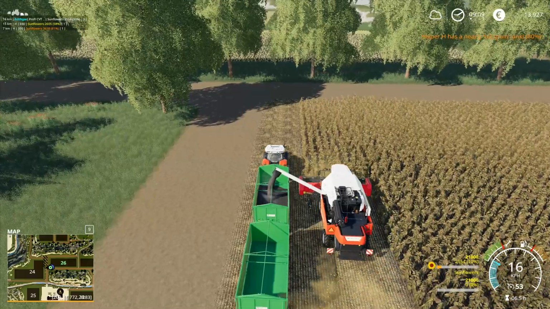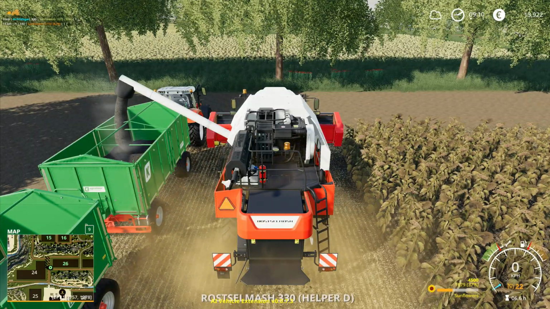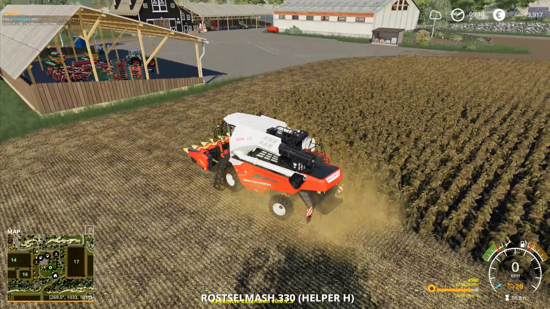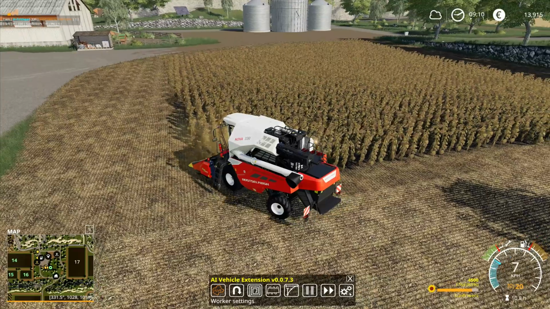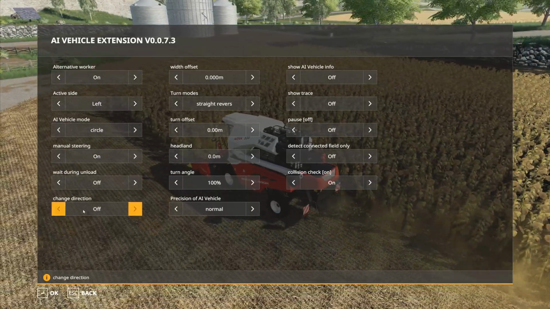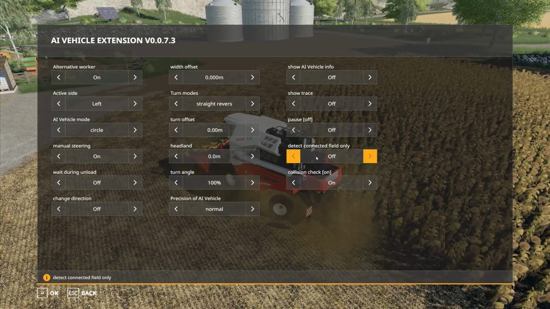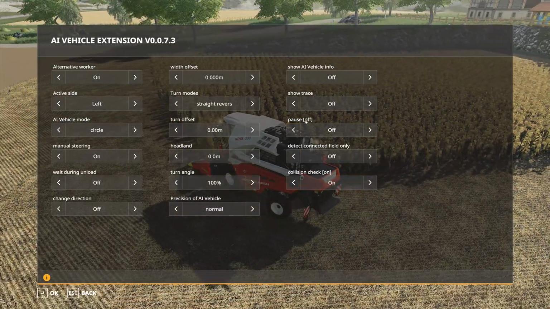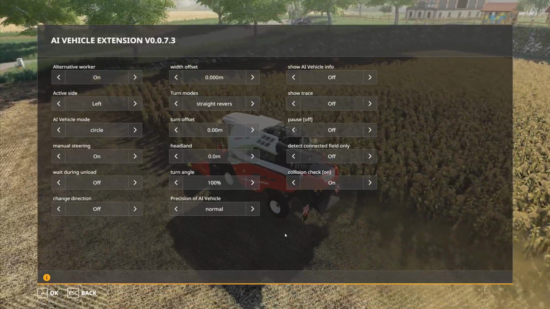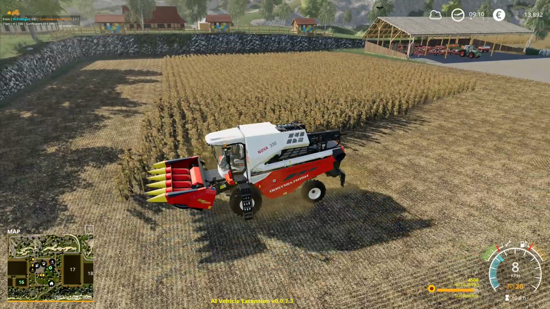I'll do that. I'll run alongside this combine here until the end of the row, and I'm just going to leave the tractor right next to it there. Like that, and there. Oh, it's because I reset it. That's why the two combines aren't up against each other now in the options thing. Right. So I want to go worker settings, alternative, active, manual, wait during unload is off, change direction, no. Precision of AI vehicle is normal. Collision check, detect connected fields, pause. What? Pause. I don't know what pause means. Maybe it just means that I should pause it right now. Okay, there doesn't seem to be any option in there for it. So it might just be that we gotta wait and see what